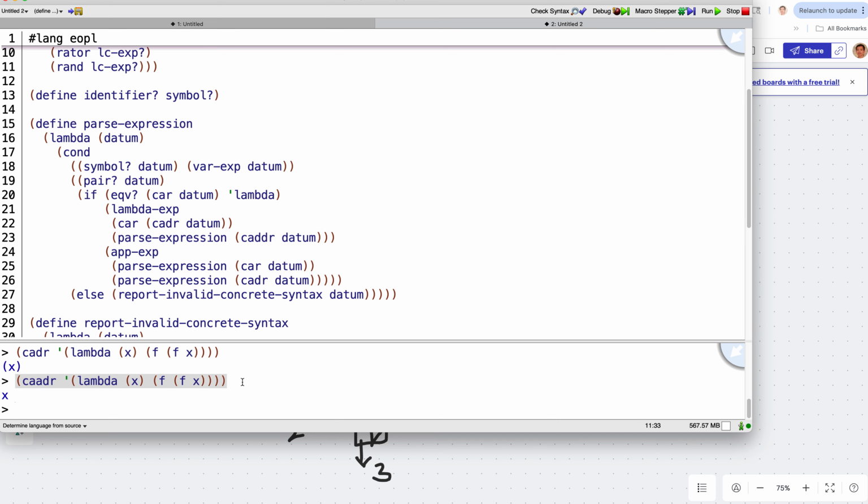Okay, let's try it on this one. So if I say car of the cdr, what do we get? The cdr gives us the remainder as a list, and the cdr of that gives us the remainder of the remainder. Actually, let's do it one step at a time. So the cdr of this is going to be that, the remainder of the list. The first is this, and then second. Now the cdr of the cdr is going to be